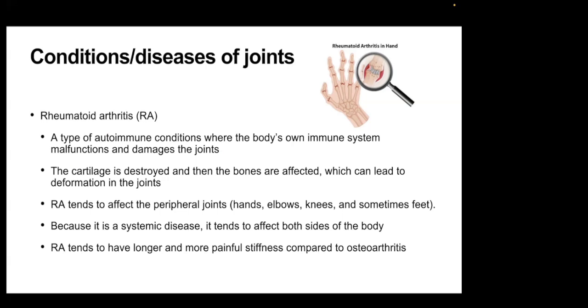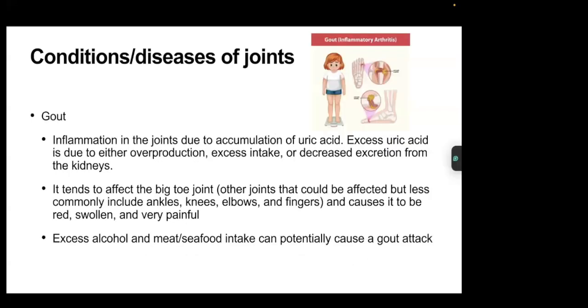And it can lead to more of that cartilage getting destroyed and can affect the bones, actually causing some of the deformities. Okay, and gout. So gout used to be known as the disease of kings, because what happens with